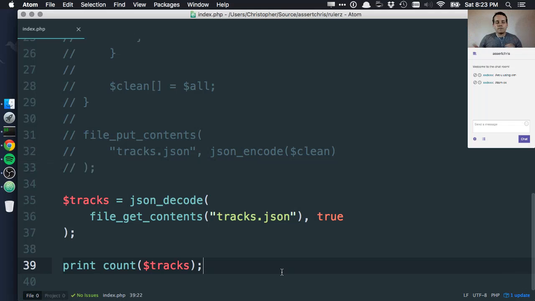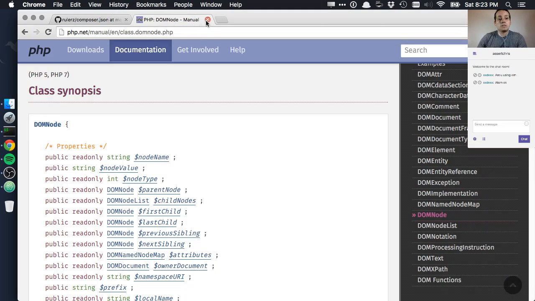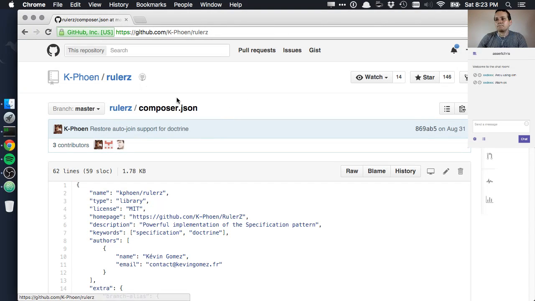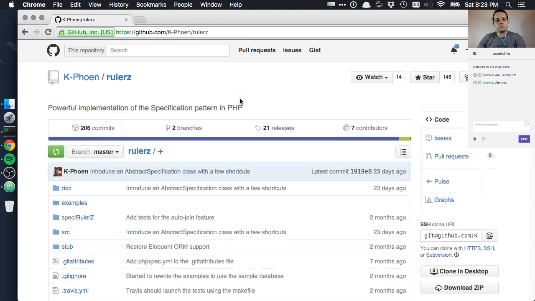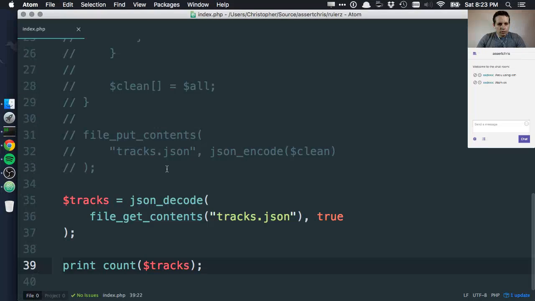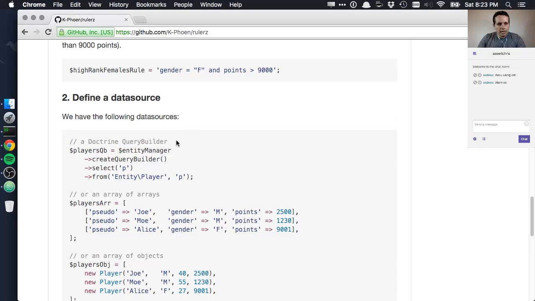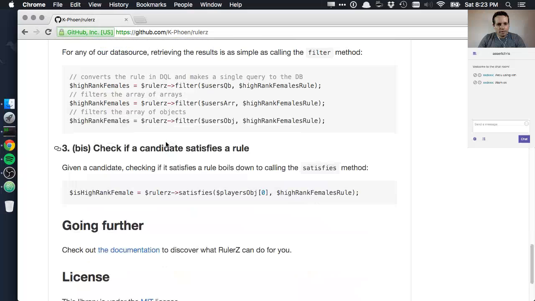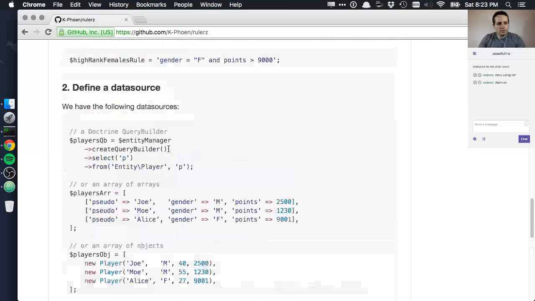But now we have a list of tracks, so we can begin to filter this stuff, I guess. And this is where RulerZ comes in. RulerZ. Still don't know how to pronounce it. Okay. So we've already installed it with Composer. We can create a new thing, I guess. How do we